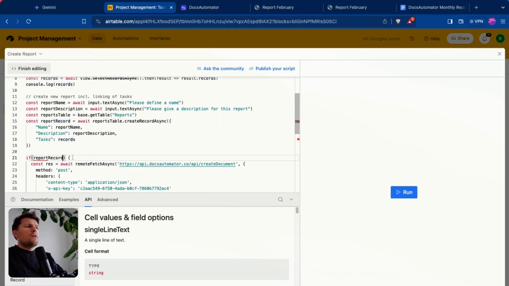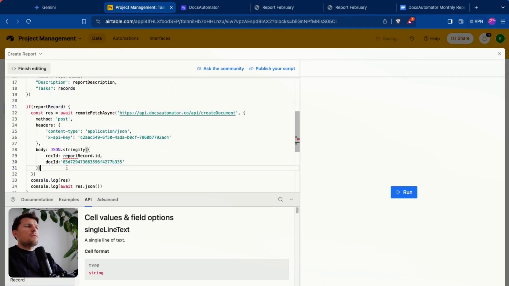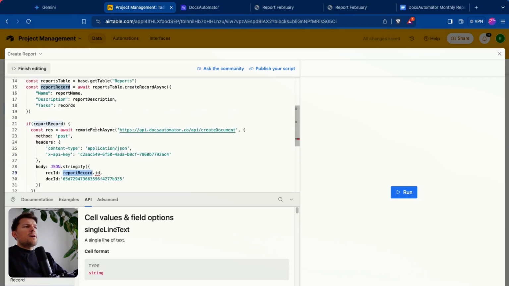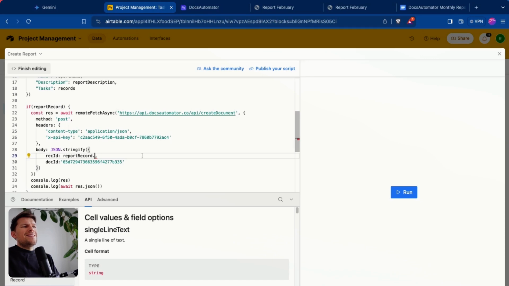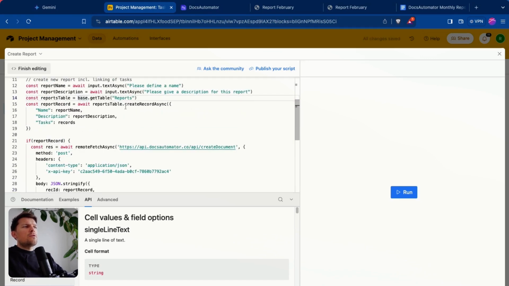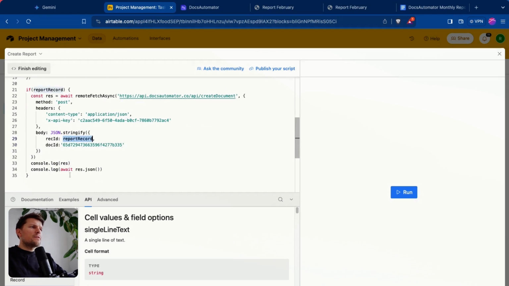And then we can say if report record, then please do this. And then we're passing here report record, not .id, like basically the return of the create record async is already the ID. And this we can just pass here,